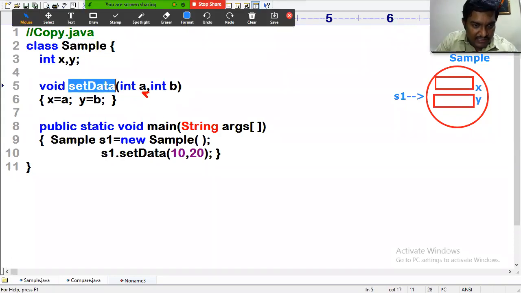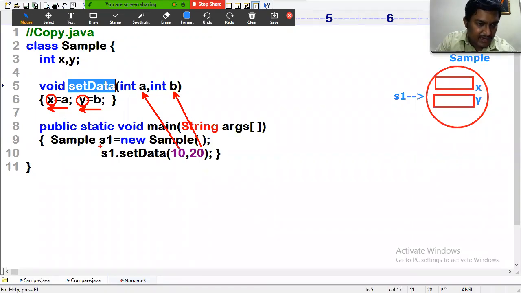Now 10 is taken into a, 20 is taken into b. The value of a is assigned to x, and the value of b is assigned to y. Now the question is, what are x and y? They are instance variables of the object which is calling this method.